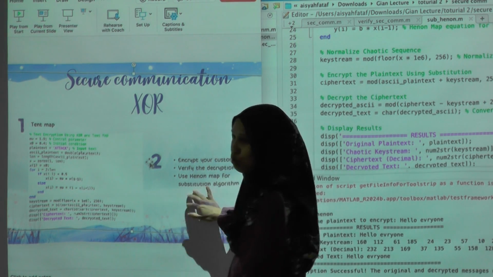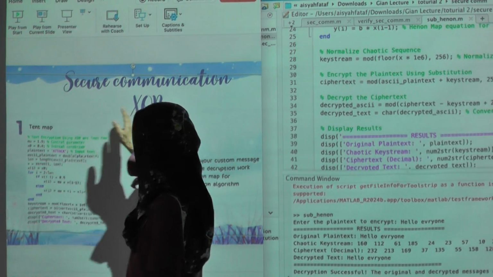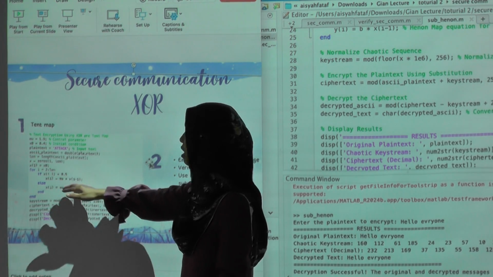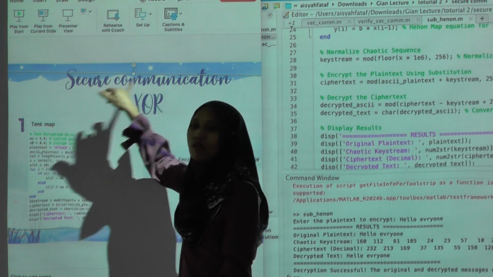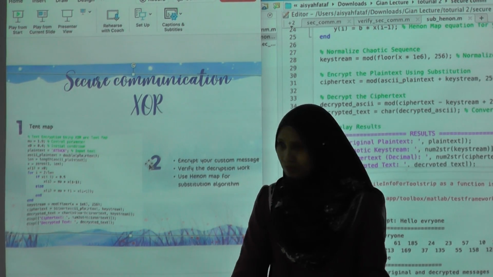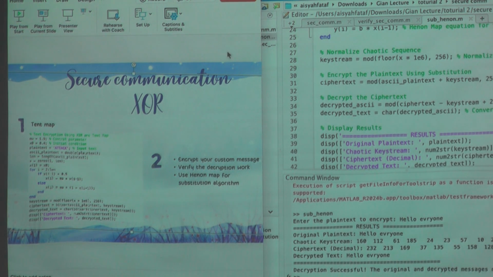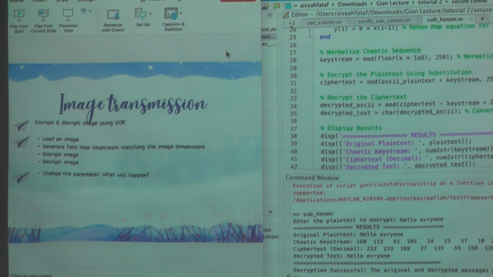So maybe after this you can try by yourself, or maybe also use the tent map for the substitution method. Okay, you just change this line. Okay, and then the next one is image